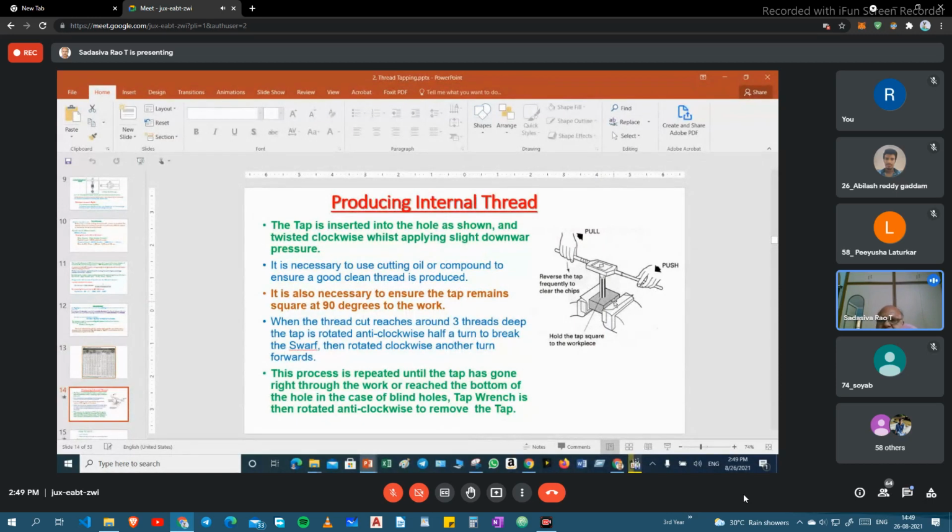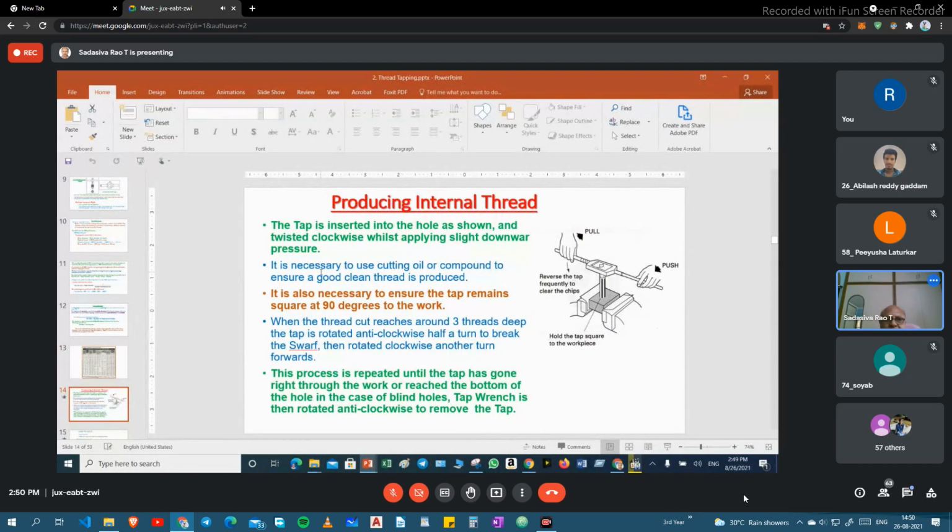Suppose if it is steel, it's okay. Otherwise, if it is a soft metal, then to prevent the jaw marks from coming, these are used. So we place it in the bench vice. That is the first step.